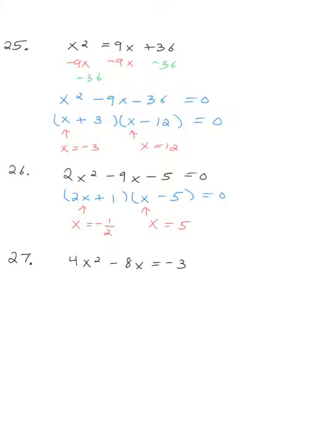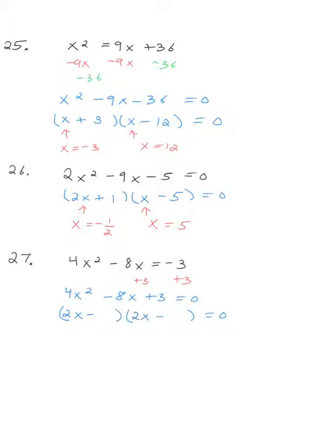Okay, for this one, I'd like to start by adding 3 to both sides. I'm going to add 3, changing this to 4x squared minus 8x plus 3 is equal to 0. So when it comes to trying to guess factors for this, I have to have, well, let's see, it's got to be x minus, and now it's kind of tricky because, well, is it going to be like 2 and 2, or maybe it'll be like 4 and 1? I'm going to guess 2 and 2, only because the middle number, it's not very large, but I don't know,